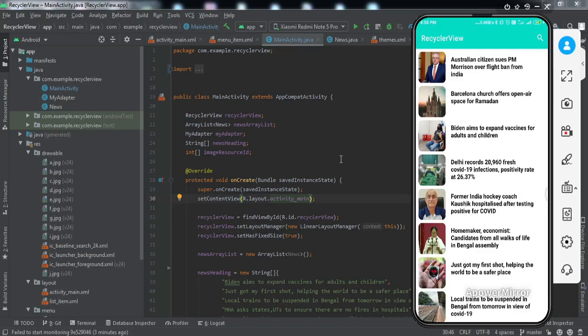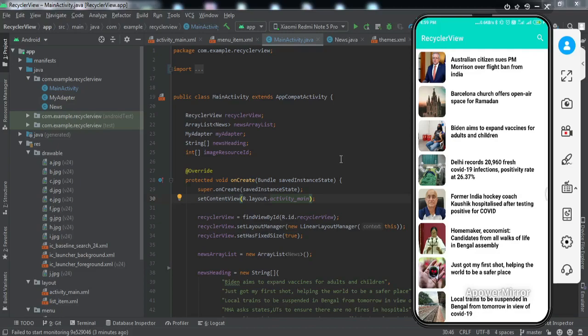We are not going to implement the recycler view in this video. This will be in continuation with our recycler view series. So if you do not know how to implement the recycler view, you can check out this video by clicking on this I button, and in case you have already implemented the recycler view, you can skip that video and you're good to go.